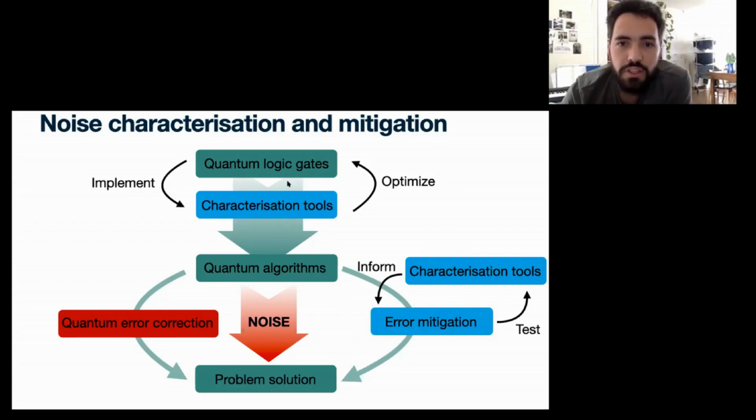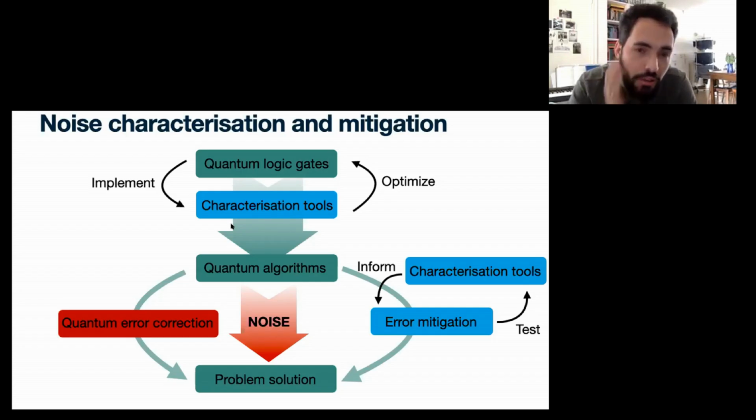So these are the two areas where abstract methods of extracting information about noise in physical quantum computers are useful. I've told you where to find them, but I haven't really told you what they are and how to use them. I want to illustrate what a quantum characterization tool looks like by using a particularly popular